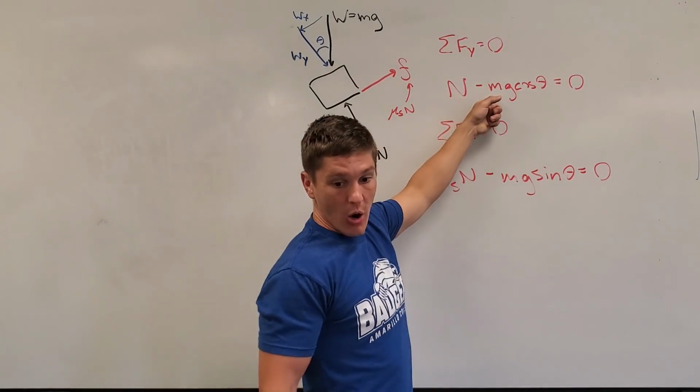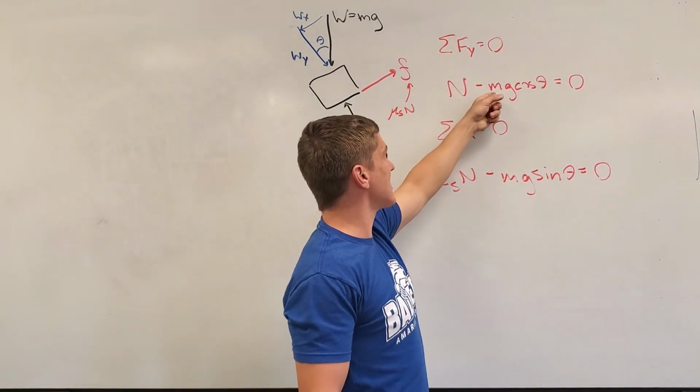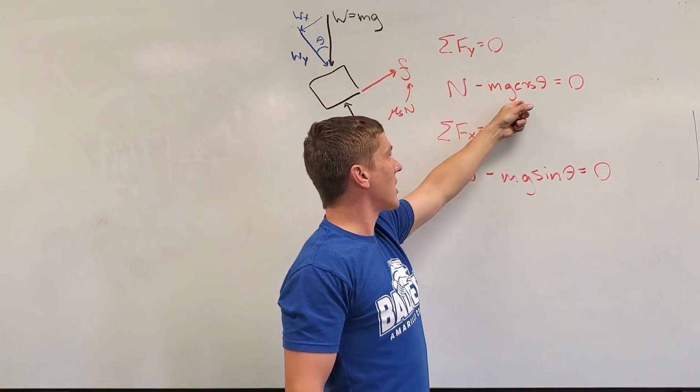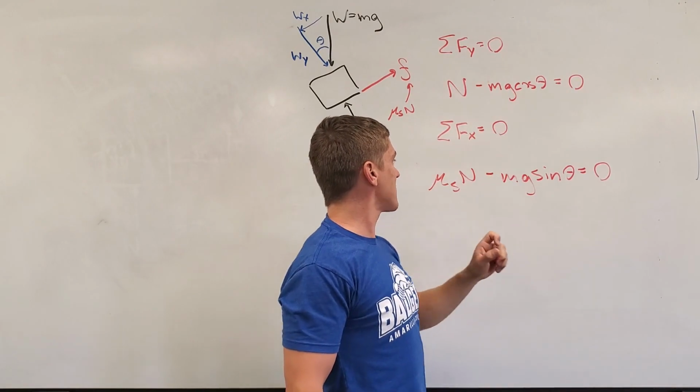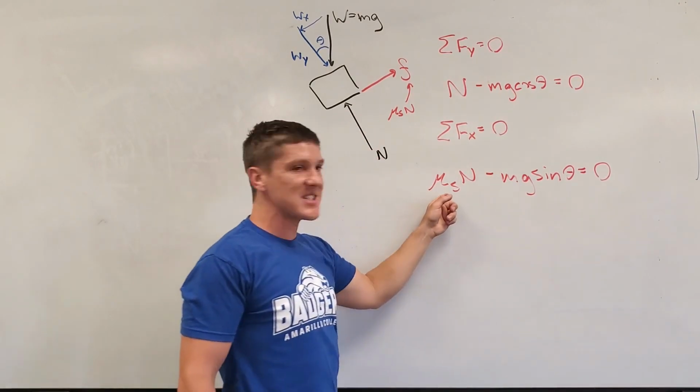We know the mass of the block wasn't given. We're going to see that it doesn't matter here in a second, but we know what g is. It's 9.8 meters per second squared. Theta is what the problem is after. The coefficient of static friction,